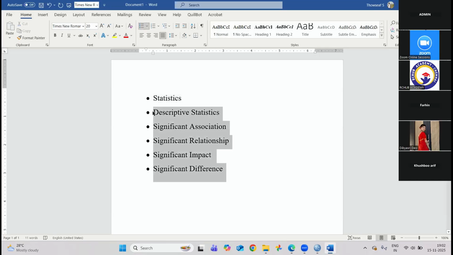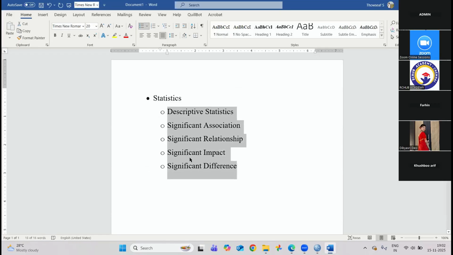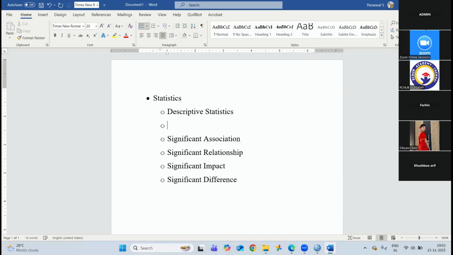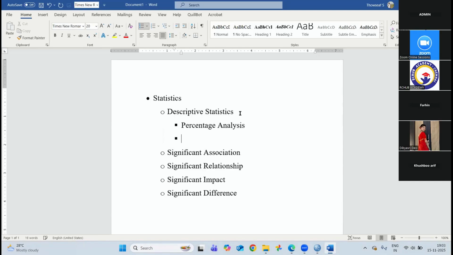This is what I illustrated in the very first class. And apart from that, I also explained what kind of analysis we will be employing with respect to descriptive statistics. With respect to descriptive statistics, we may do a percentage analysis, cross tabulation,